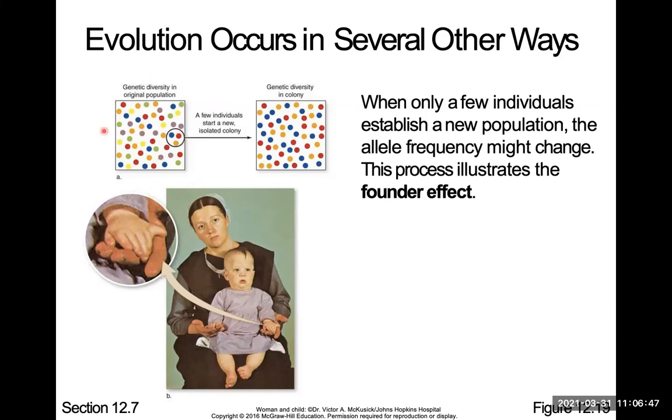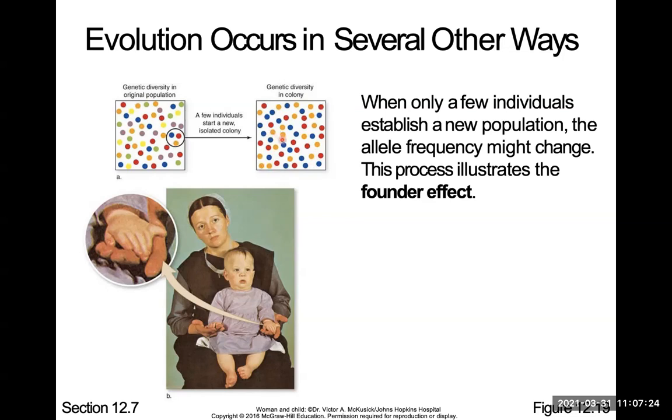So let's see, this is the population in Europe. All these different colors are different alleles. And these are the pilgrims. It's a blue, red, and yellow. So they come to North America, but they only mate within their population. They do not mate with the population that's outside. So they are mating with maybe their cousins or whatever. So the only alleles that they have are these blue, red, and yellow, because they are only sticking within that